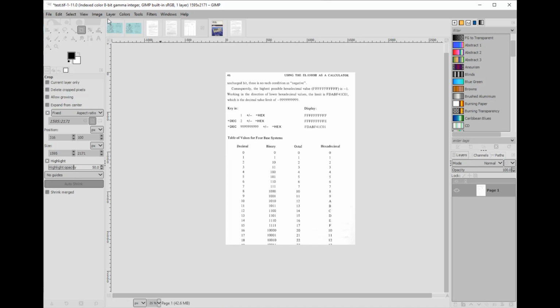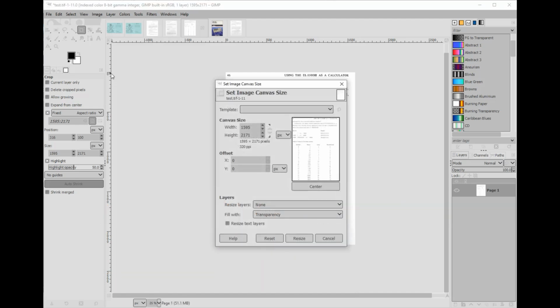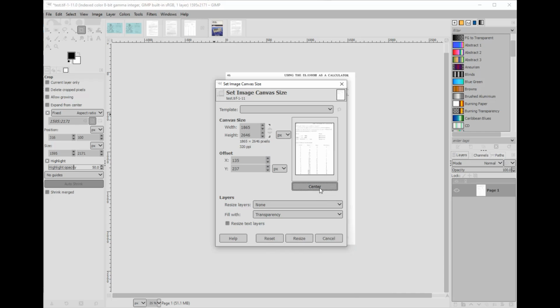And always go image, flatten to avoid any confusion, and then go image, canvas size. And this book size was 148 by 210 millimeters. It's an A5 at 300 dots per inch. That is 1865 by 2646. I have these unlinked, and I'm going to say center,